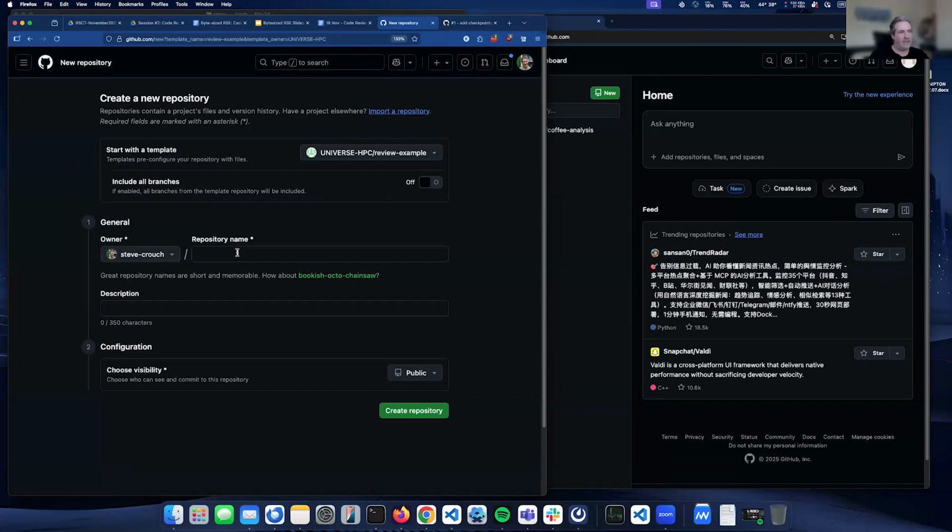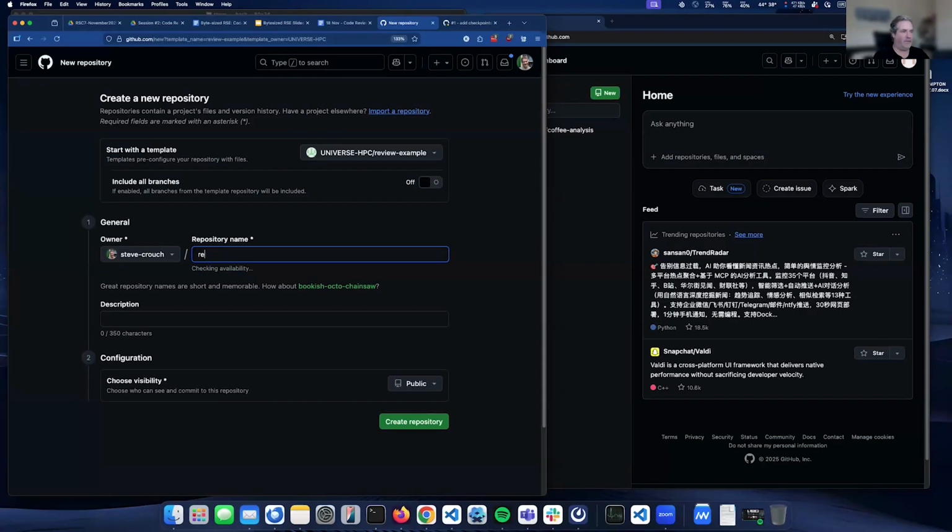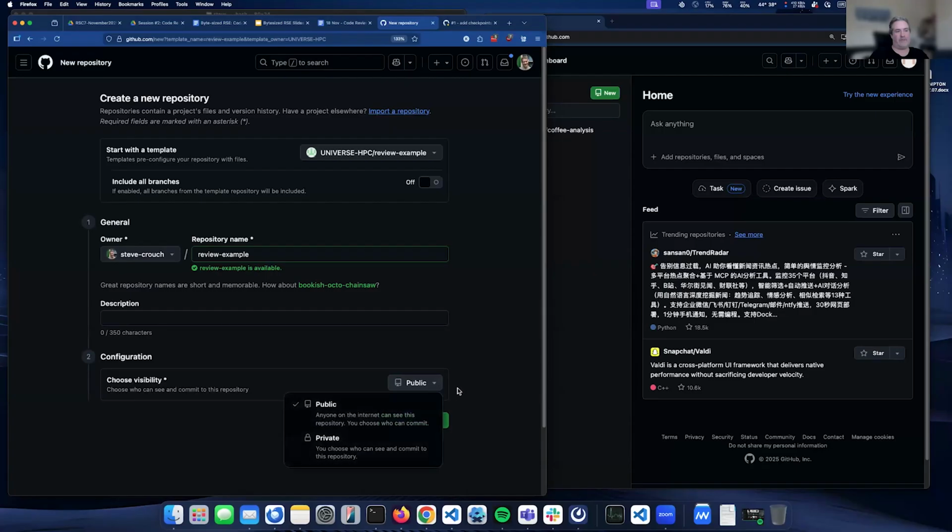Now, once we've done that, we can then enter a repository name, and I'm going to call it the same thing. So I'm just going to call it review-example, like this. And once I've done that, I'm going to select create repository. We do need to make sure that our repository is public, if we're going to want someone else to review our pull request. So for that to happen, this repository needs to be public. So once you've typed in a repository name that you can remember, feel free to